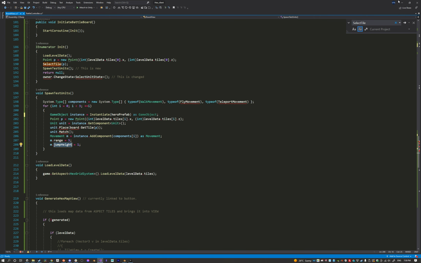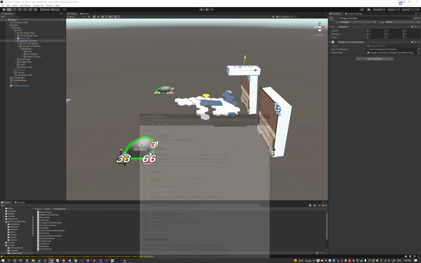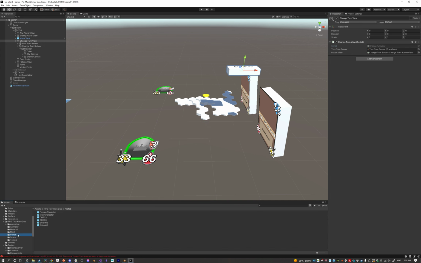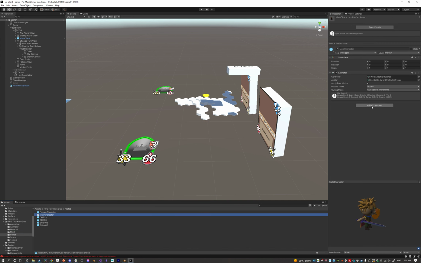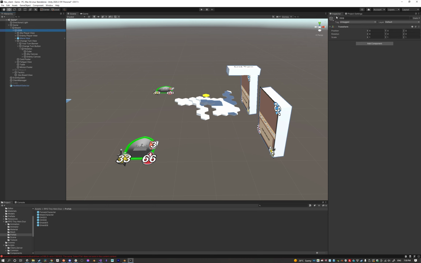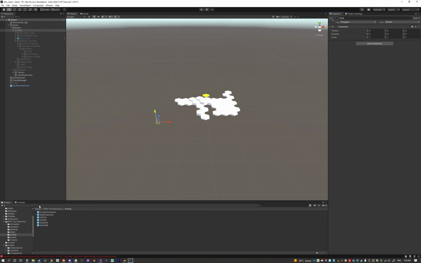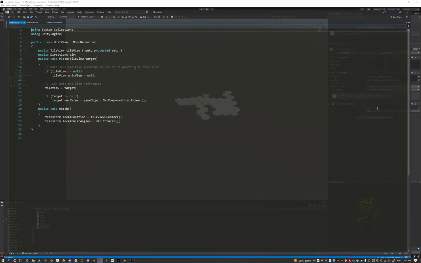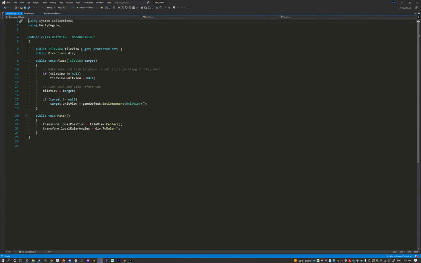So let me go on the prefab. We'll do mail, and we'll put unit view. Sure, why not? I'm going to take that CCG off because it's a little confusing visually. Right, and then he's got a unit view which has what tile it's in, what direction he's facing, a place script, which